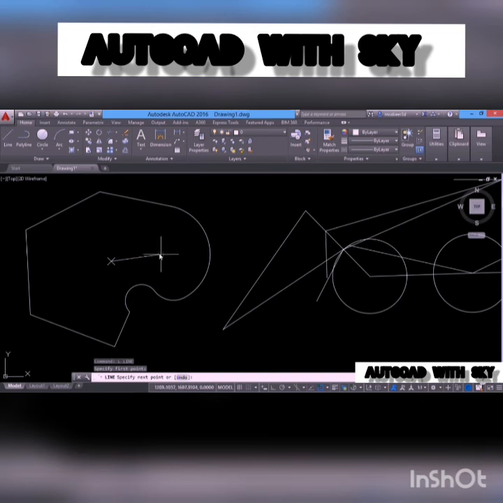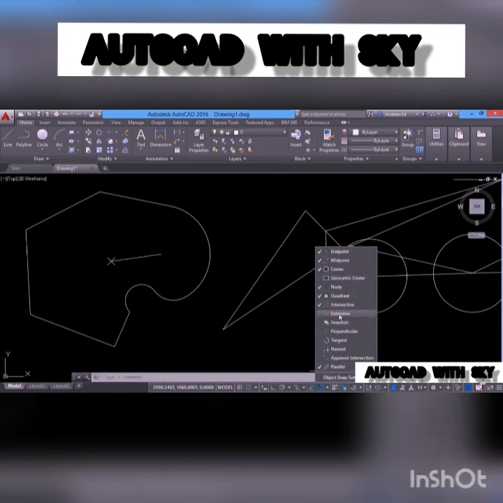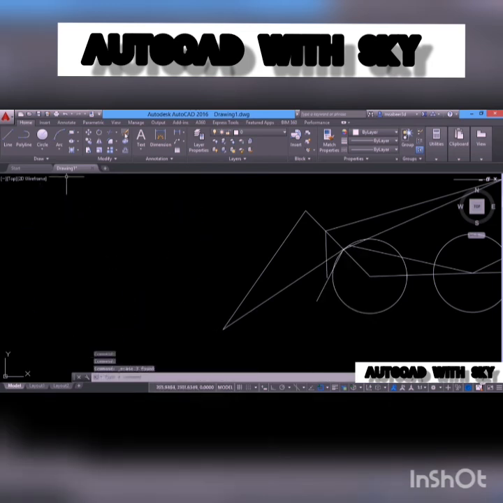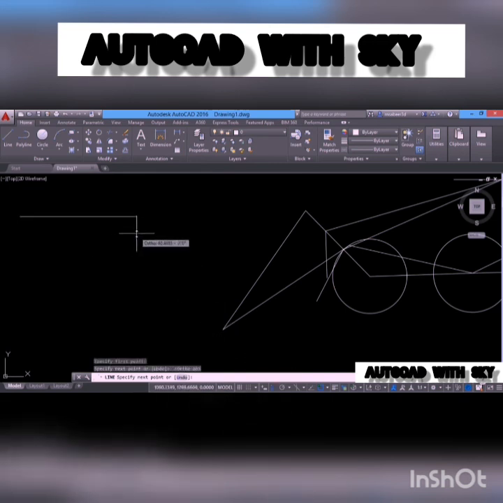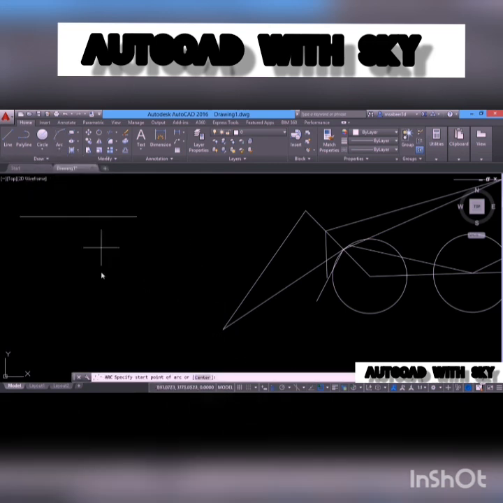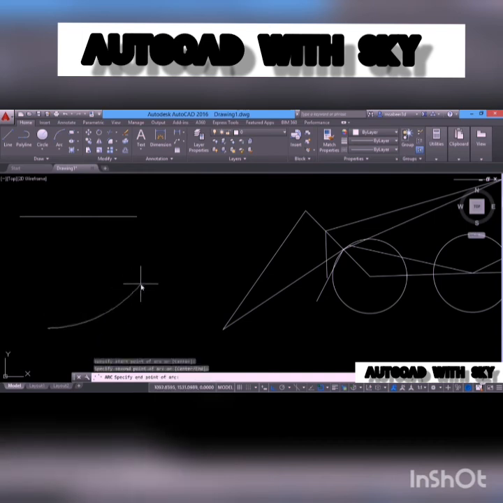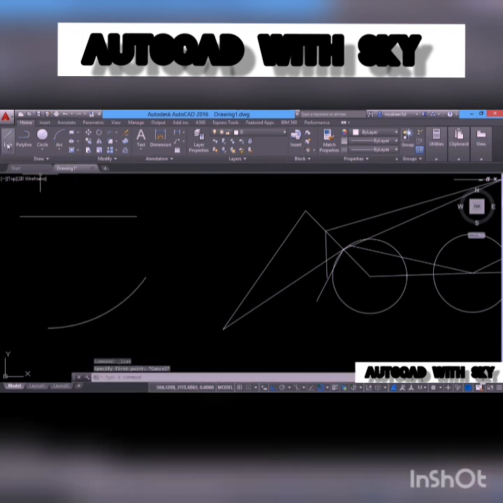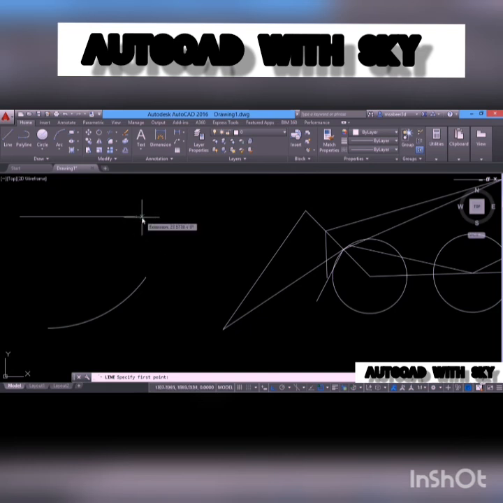Next we will see the extension snap. So I'll activate the extension snap. I'll erase this object. I'll draw a line from here. I'll activate the ortho and pick the endpoint here. Then I'll draw an arc, a 3-point arc, 1, 2, 3. I'll give line command again and I'll keep the cursor onto this endpoint. When I move the mouse, you are moving along the extension of that line. This will eliminate the requirement of drawing construction lines. And if you pick a point, you'll be picking exactly on the extension of this line.